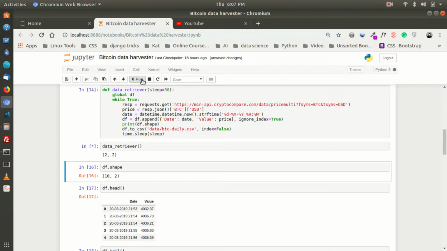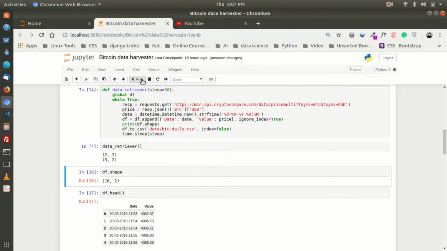because the data is still going to be saved in the data frame. So the next time I run this, it's just going to append to the data frame. So I can safely continuously run this till I get the desired amount of data. In my case, I want at least 260 rows of data, so that way you have enough data to say that